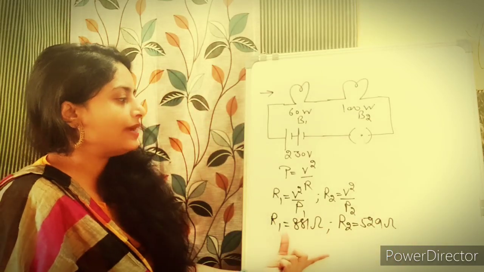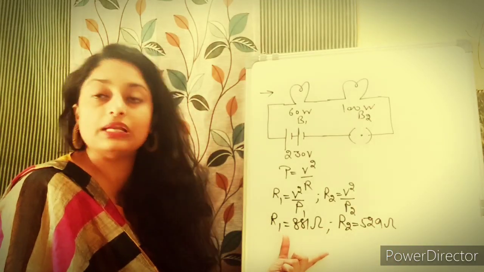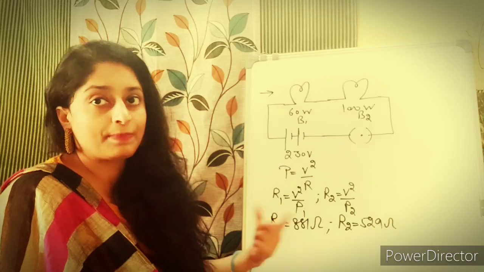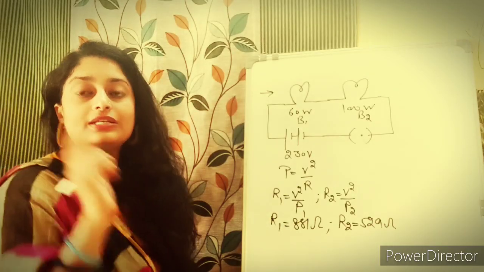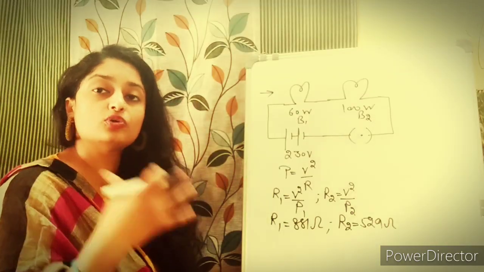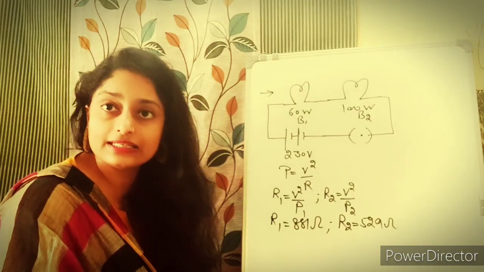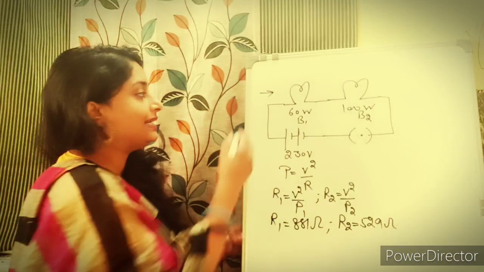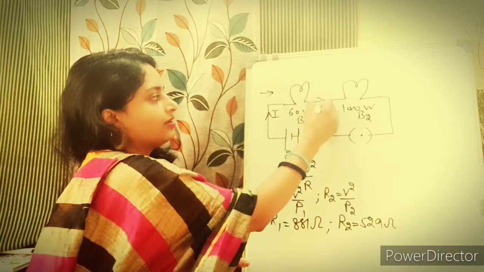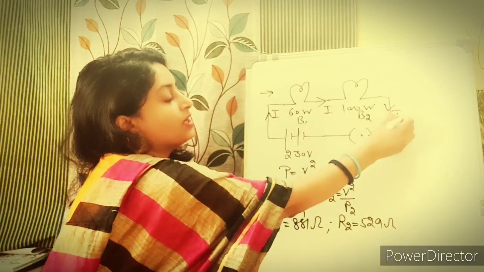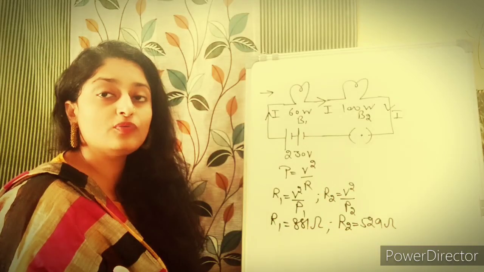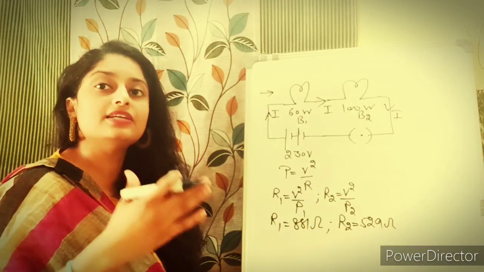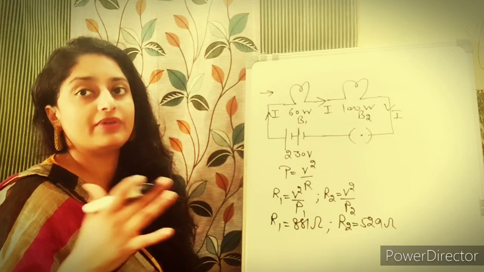So these are the two values that you will get. Resistance आपको मिल गया. Now you guys need to find out the power dissipation in case of the series. अभी याद ये रखना है कि question is giving us about the series connection or about the parallel connection. So series connection में बच्चा you know that the current remains same. Current remains same. So I is same. So which formula you will apply? P is equal to I square R to calculate the power dissipation.